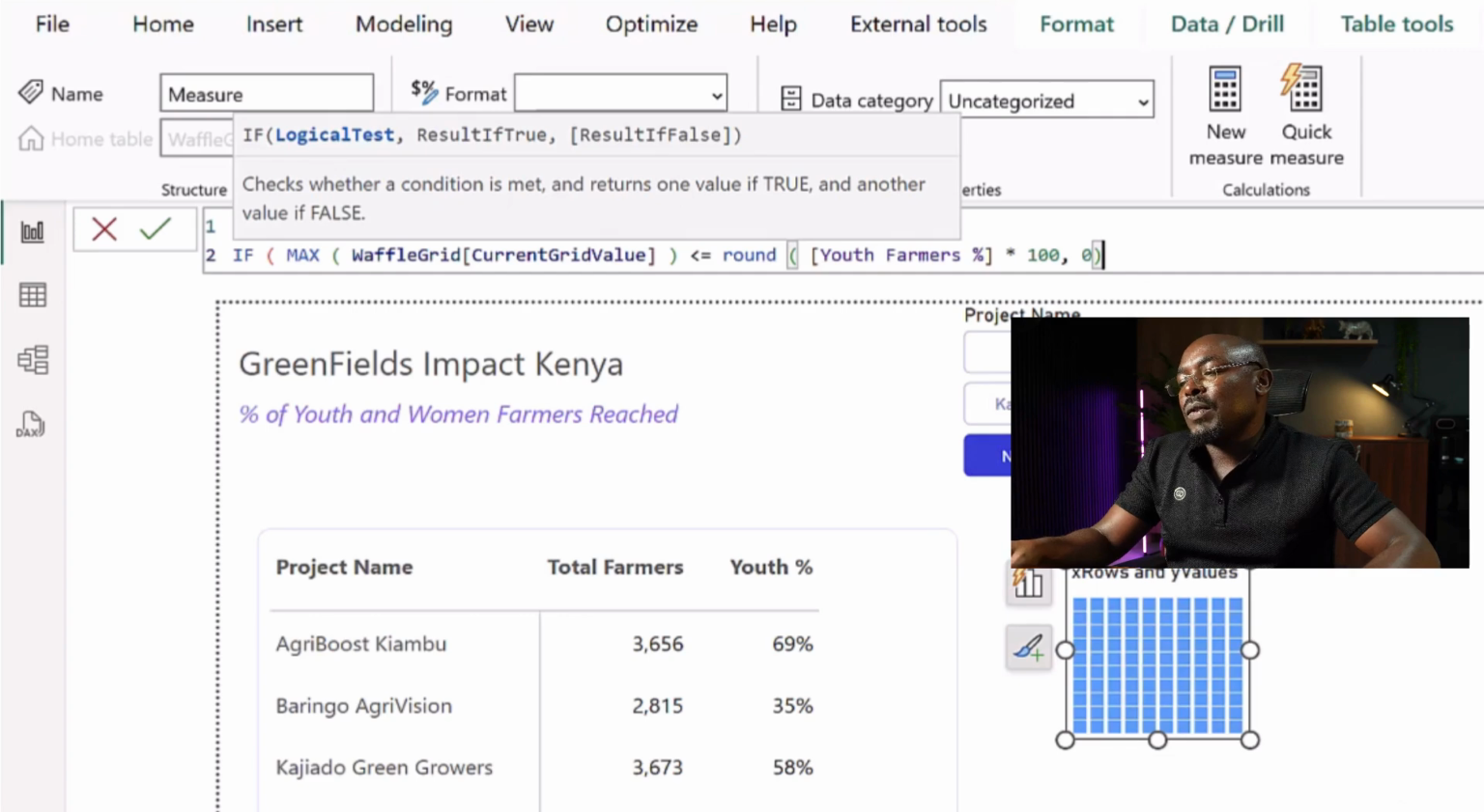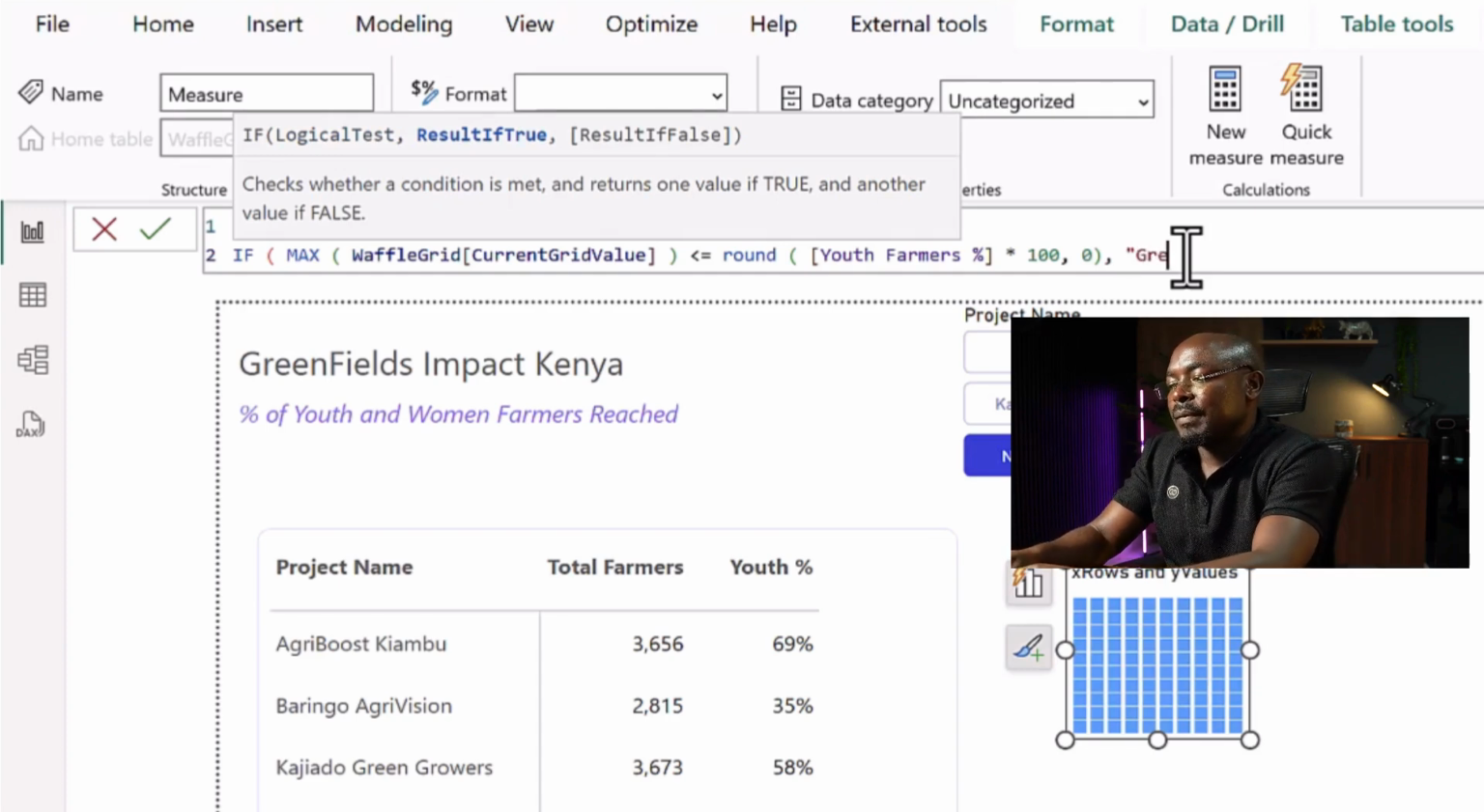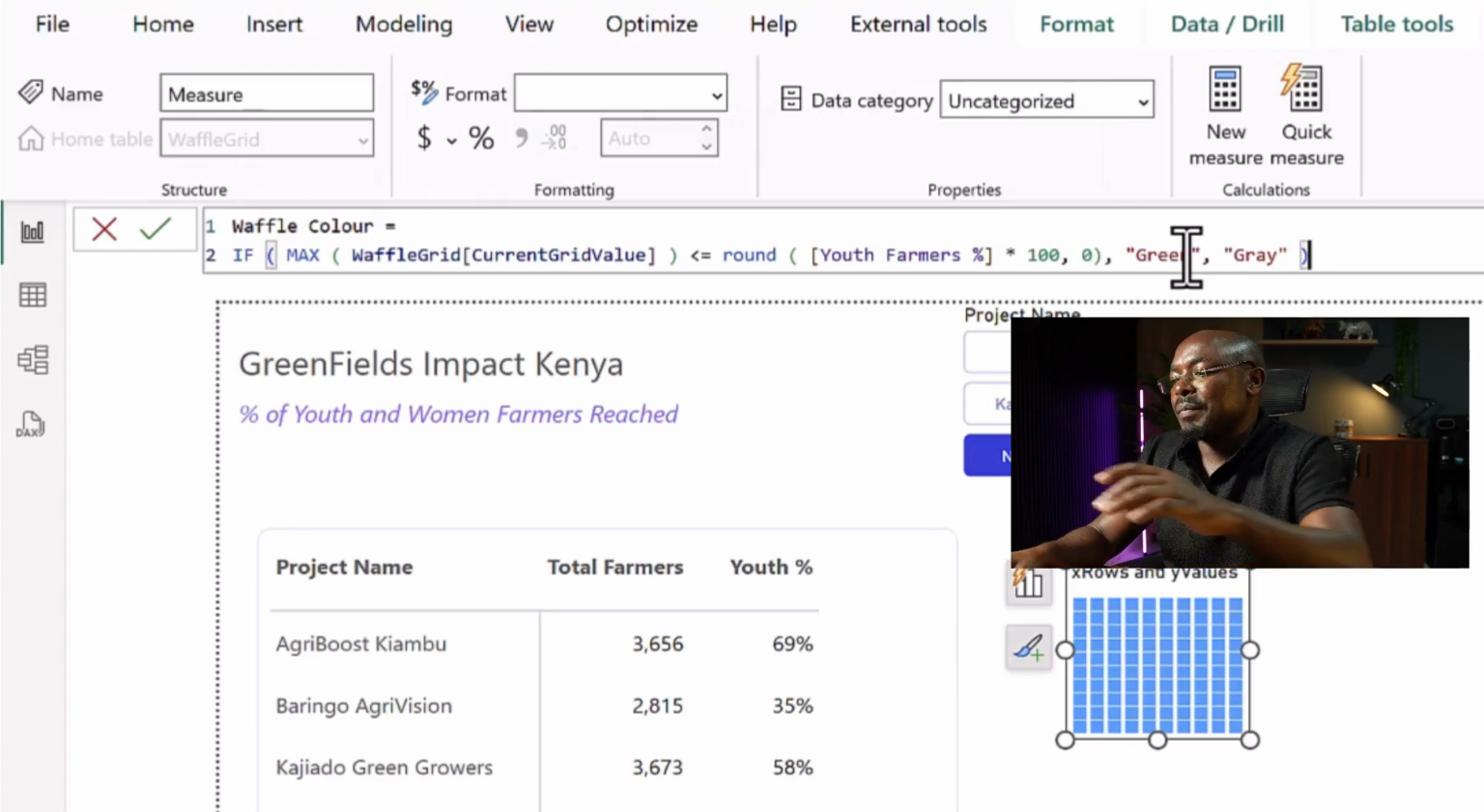So if the Waffle current value is less than or equal to the value that has been achieved for the youth farmers, put a comma. What color do we want to return? So here you can type green, for instance, and probably for the rest of the circles or the square grids, you can choose gray. So let's go ahead and see what that will give us. If I close the parentheses and press enter,